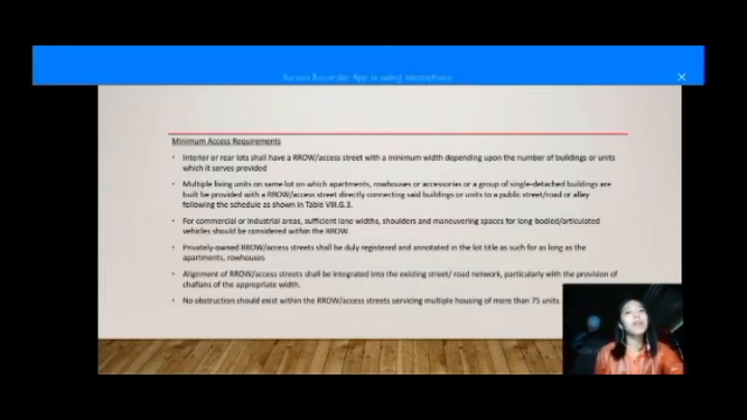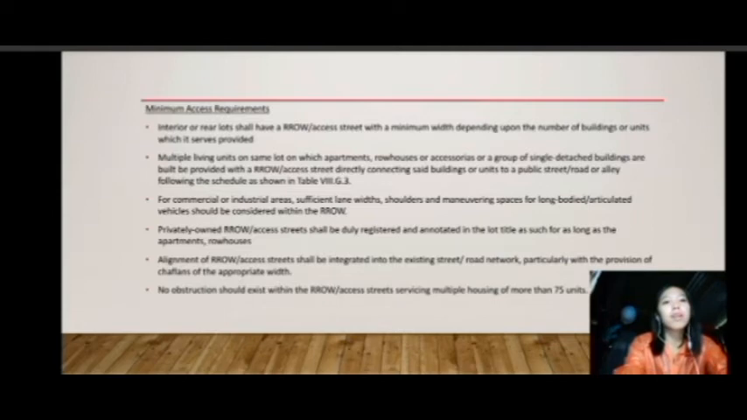Multiple living units in the same lot, on which apartments, row houses, accessories, or a group of single detached buildings are built, shall be provided with an RROW access street directly connecting said buildings or units to a public street, road, or alley, following the schedule as shown in Table 8. For commercial or industrial areas, sufficient lane widths, shoulders, and maneuvering spaces for long-bodied articulated vehicles should be considered within the RROW. A privately owned RROW street shall be duly registered and annotated in the lot title as such for as long as the apartments, row houses